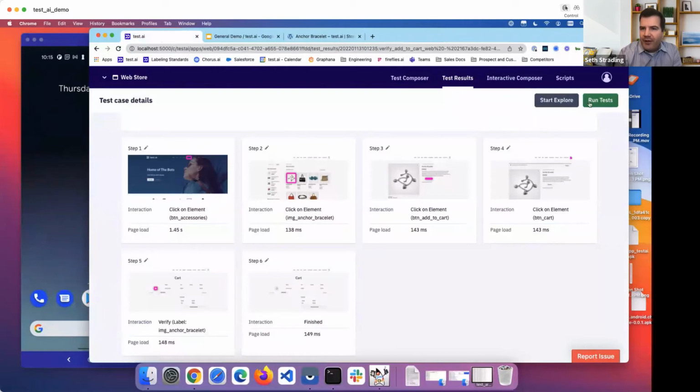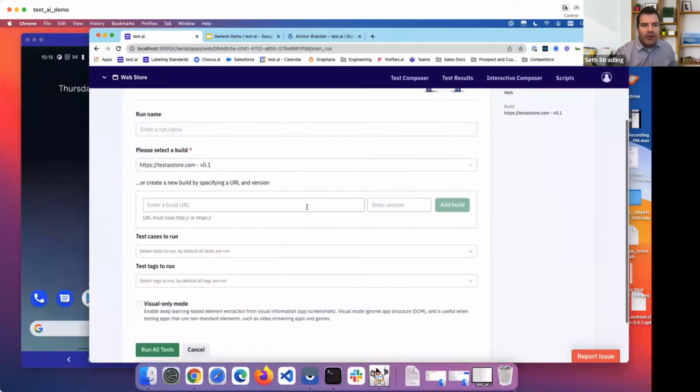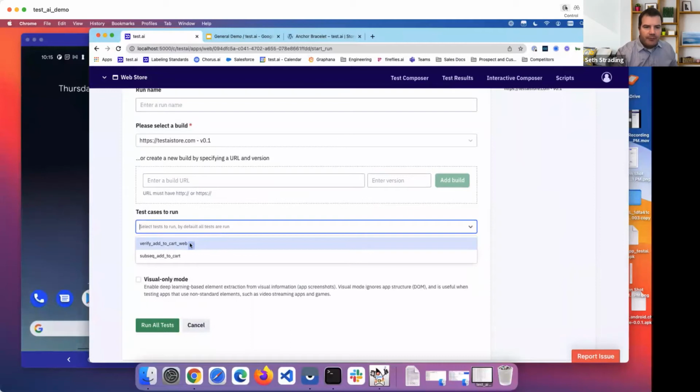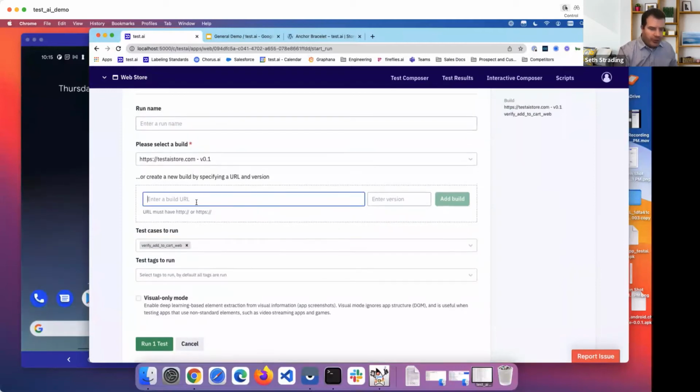This is our last thing, because I love talking about maintenance, because this is the thing you dread. So you do that, and I want to add a new build. Again, this is another thing where instead of having to go through and set up new environments, new builds, new staging levels, and try to figure out how to test against all these things, you just add your new build, because all you're doing is saying, hey, bot, go test here. Hey, tester, go test here. Same difference. So we're going to add this build, we're going to run the same test,